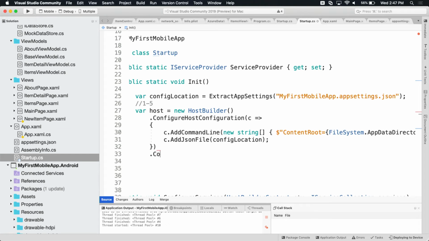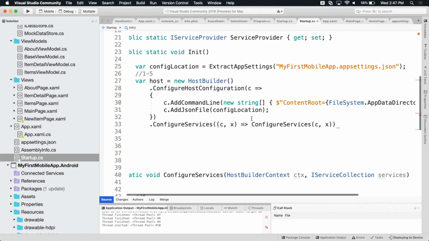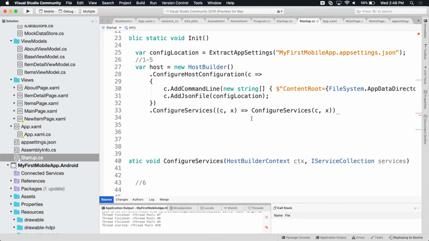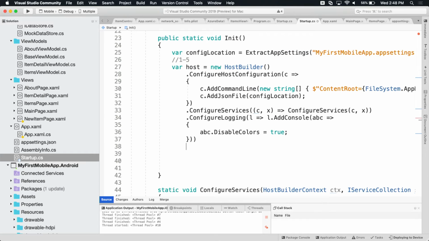And then what else can I do? I can probably configure stuff, right? Yeah, so now, once you've got config, and this gives you host builder and config, now you need services. You need to register things in the DI container because you want centralized DI, right? Like all good ASP.NET Core developers want DI. So here we're going to say configure services, and we've invented this func that calls our configure services method.